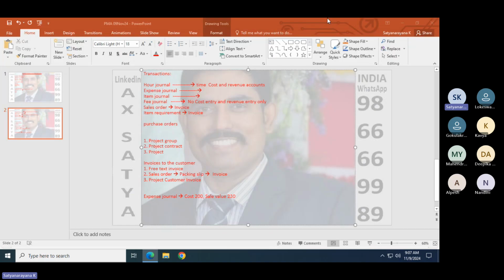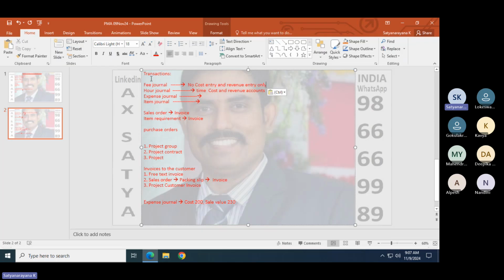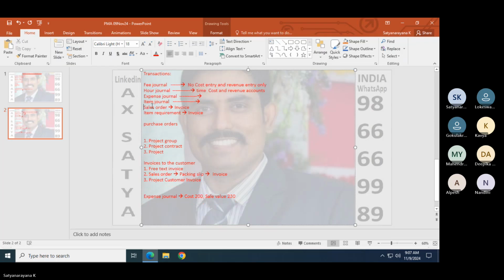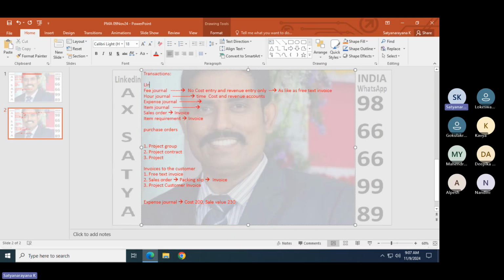That means the fee journal is like free text invoice. And remaining all are like sales order. So this is like free text invoice.